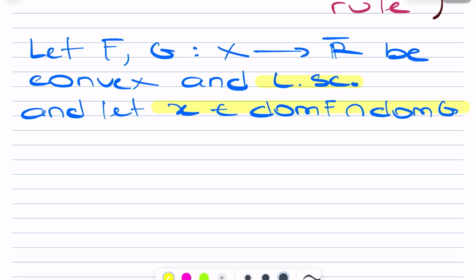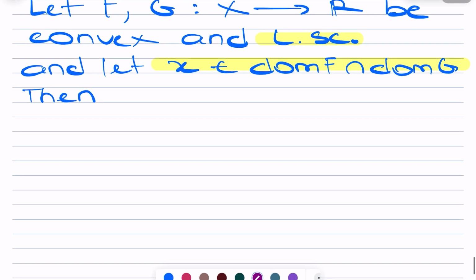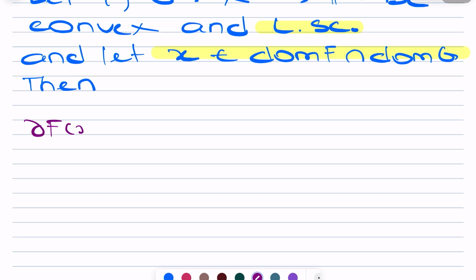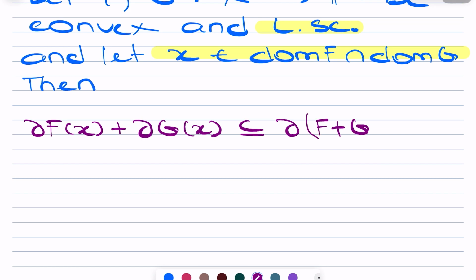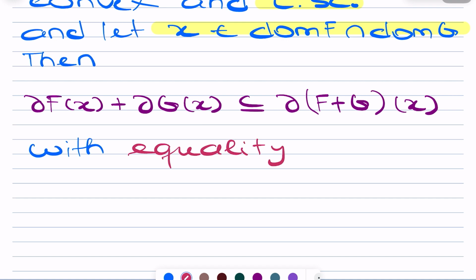Then if this holds, the convex subdifferential of f at the point x plus the convex subdifferential of g at the point x is actually contained in the convex subdifferential of the sum at the point x. And then you have equality, by equality I mean set equality, if